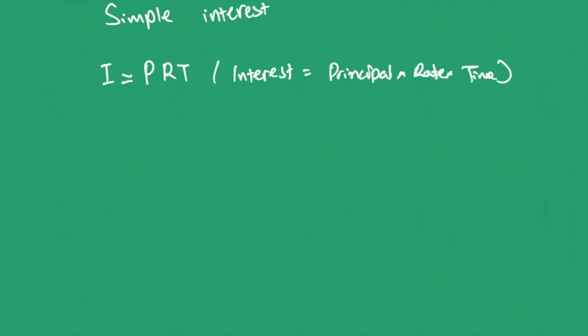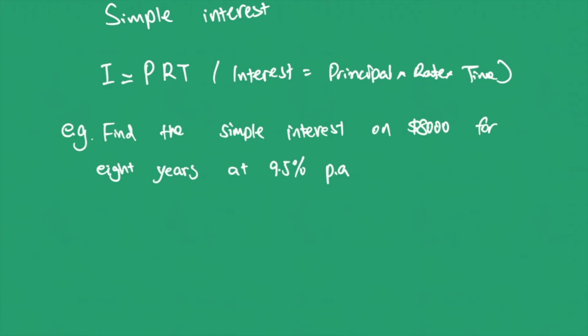Now let me show you an example question. Find the simple interest on $8,000 for 8 years at 9.5% per annum. In order to find the interest, we first need to find the principal, rate, and the time. From this question, we can see that 8,000 is the principal, the rate is 9.5%, and the time is 8 years. So we can multiply them together,